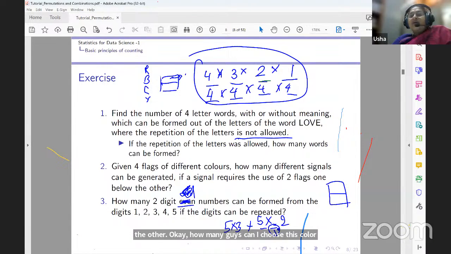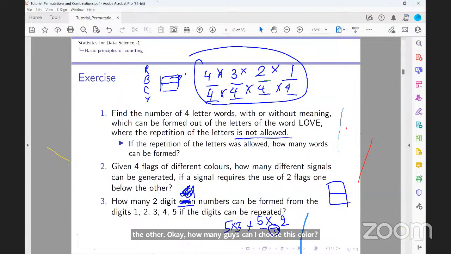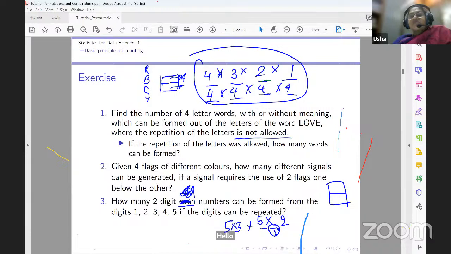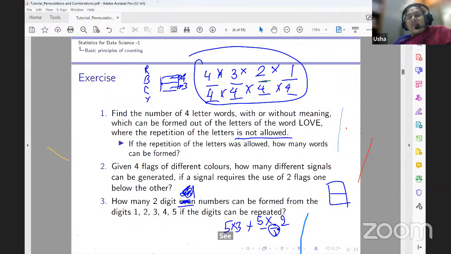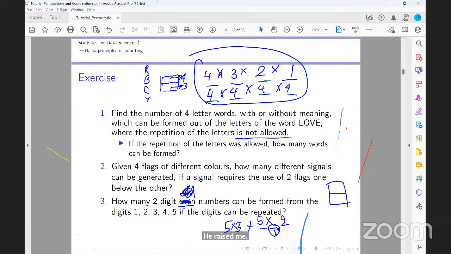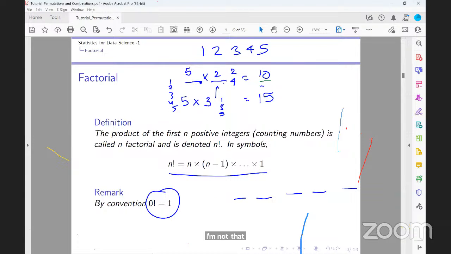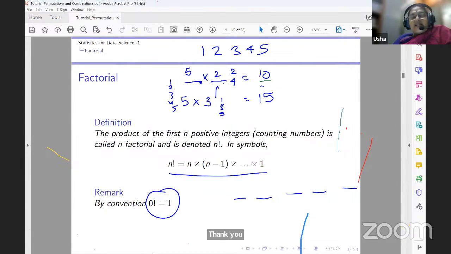4 ways. How many ways can I choose this color? 3 ways. So how many ways can I create the signal? 12 ways. Here it is clear that I am not using the same color again. I require different colors, different signals. Now suppose I have n blanks, then I can fill up this blank with